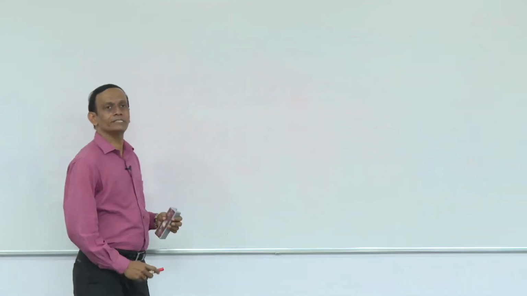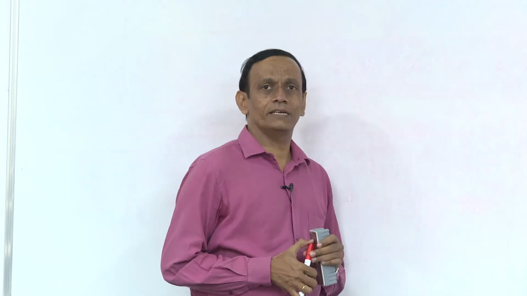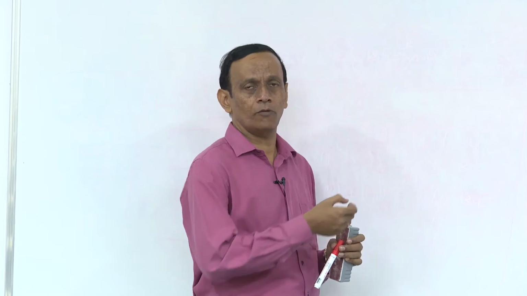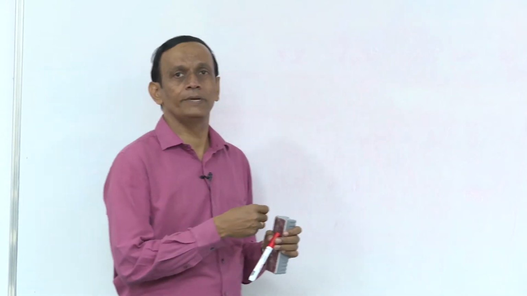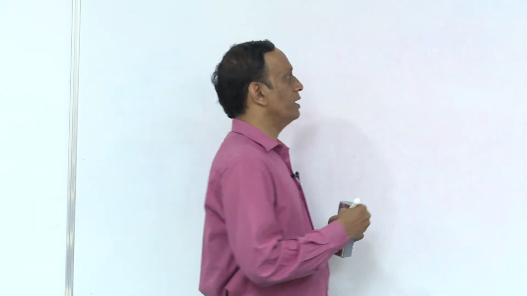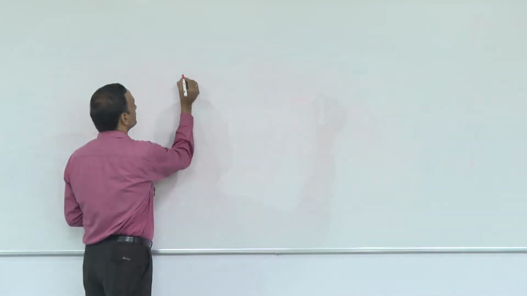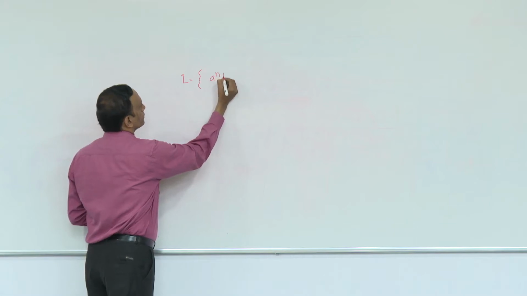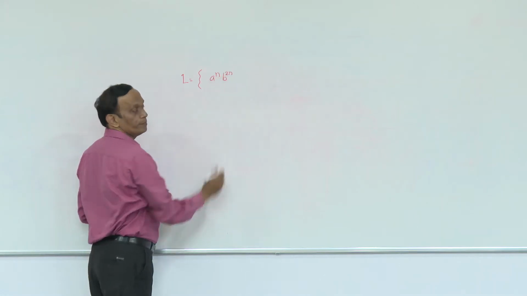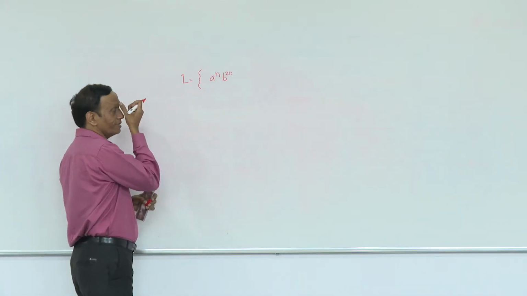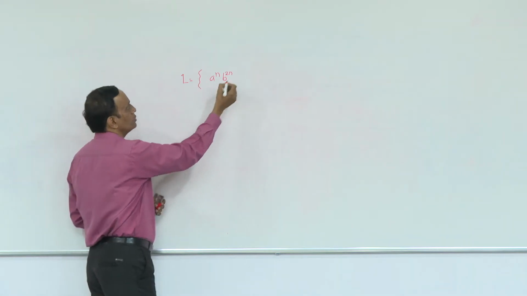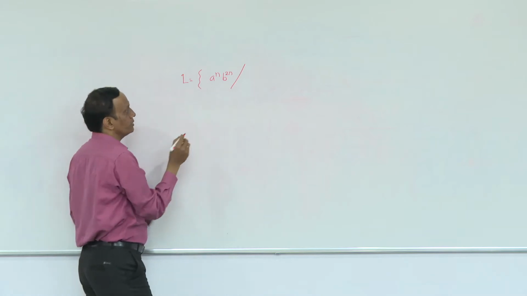Hello, now we will see one example where, in earlier examples, we used only one stack for constructing pushdown automata. Now we will see how to construct a PDA with two stacks. So let us take an example for that purpose. Let us say we have been given language L, where we have a raised to n and b raised to 2n. We can construct this example using one stack as well, but I will show you now how to construct it using two stacks.